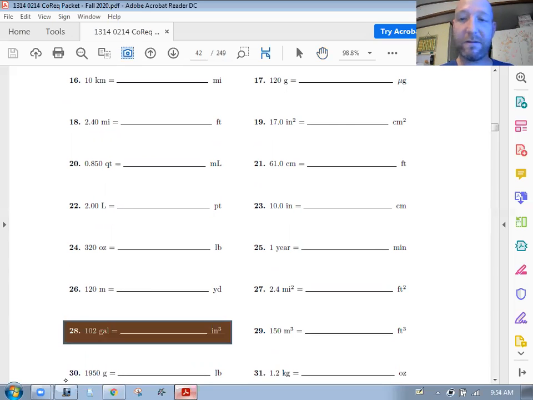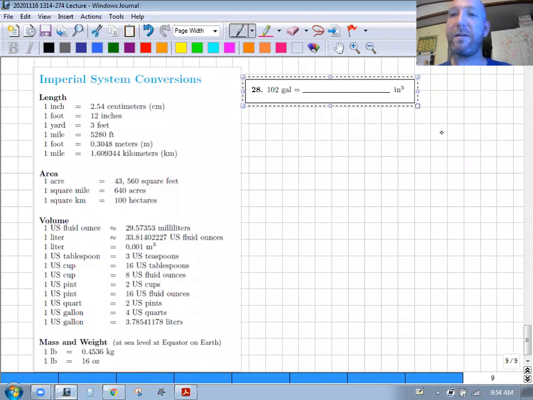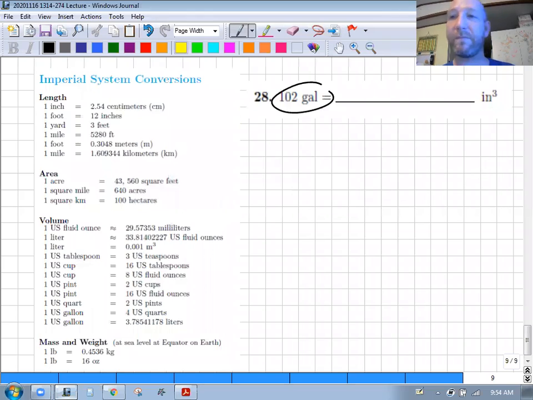Gallons to inches cubed. A gallon is a volume, and a volume has dimensions of length cubed. A length times a length times a length gives you a volume. So when you see things that refer to an amount of a liquid, they're talking about the volume. So you can always convert a volume to a length cubed. So if we wanted to convert this 102 gallons,